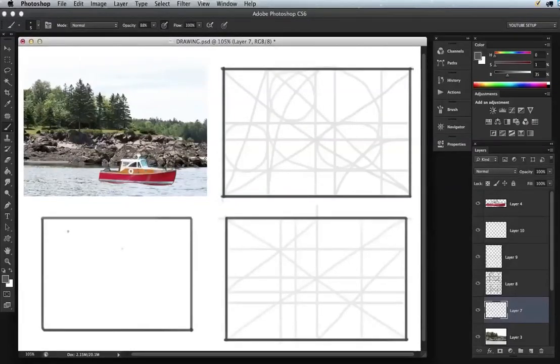So therefore, I need to think about what is going to dominate in terms of size in the drawing that I'm going to do here. Should it be the boat? Should it be the land area here? Or the trees? I think what I'm going to do is have the trees dominate. Now, I might change my mind later on, but right now I'm starting to think, well, I think the trees